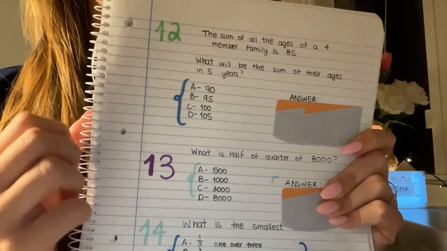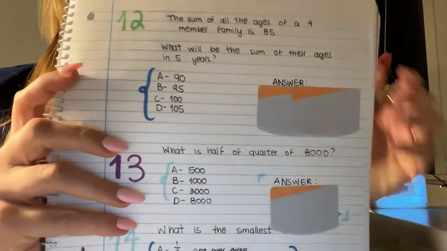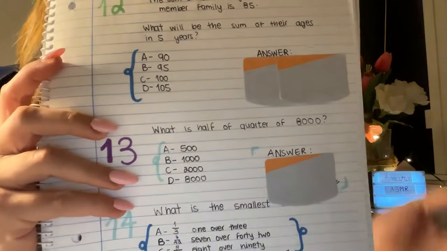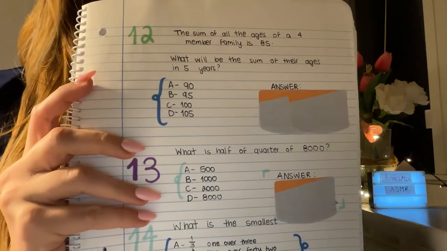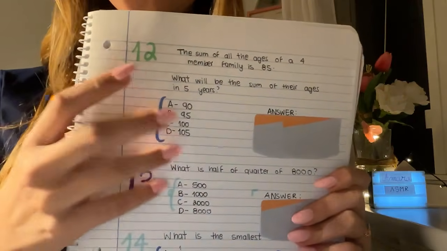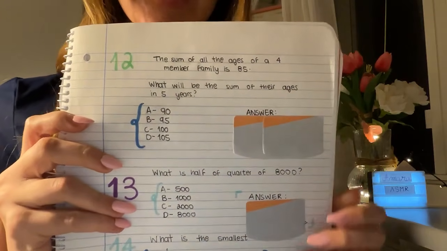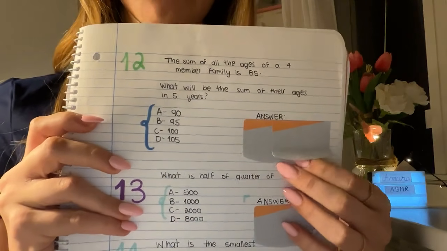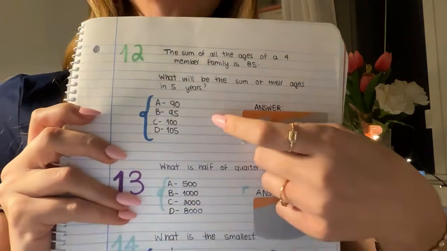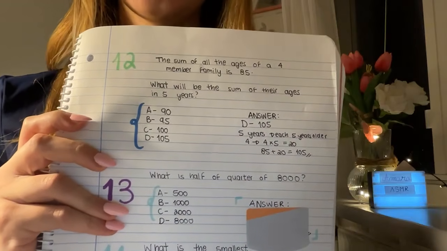What do you think is the correct answer for question number 12? 90, 95, 100, or 105. I'll give you some time to take a look at the question and at the options. And I will reveal the answer. Are you ready? Okay, so the answer is D,